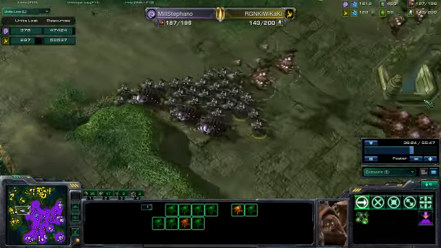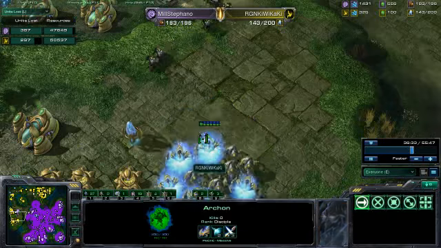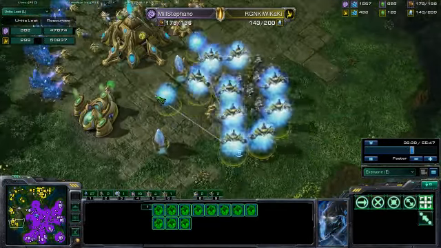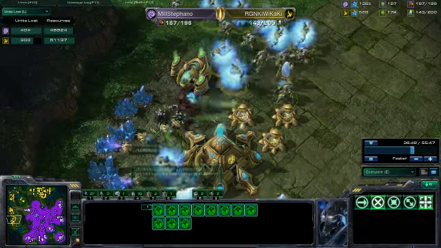So Stephano backing up here, I guess not liking whatever was going on there. Going back in, sending some units up here. There's the Archons. This is the army I've been looking for. He's got a lot of Archons in here. Holy crap. With that Mothership, an Archon toilet would not be